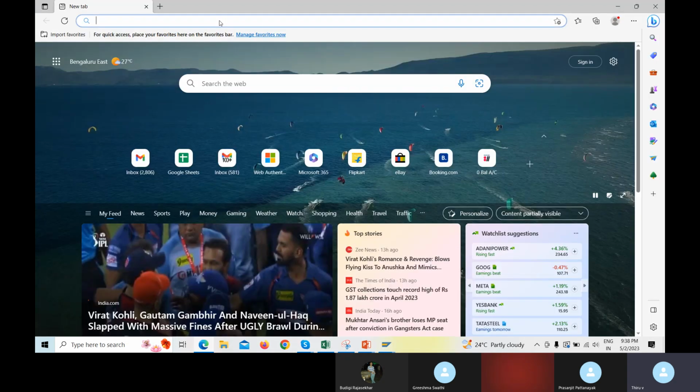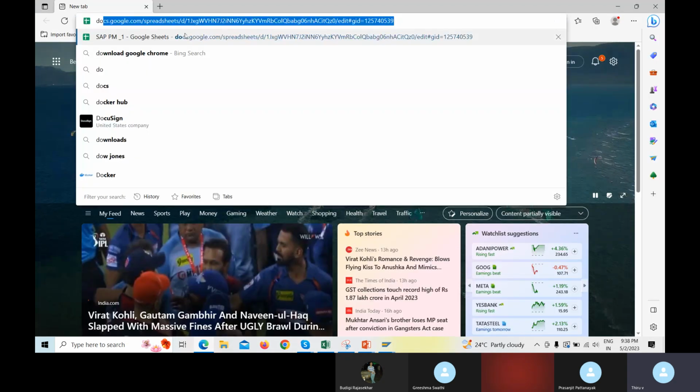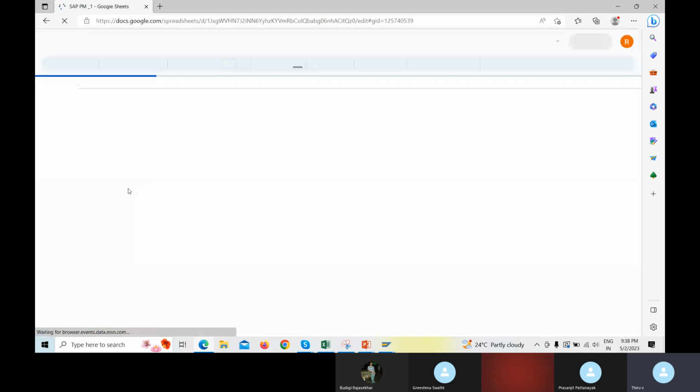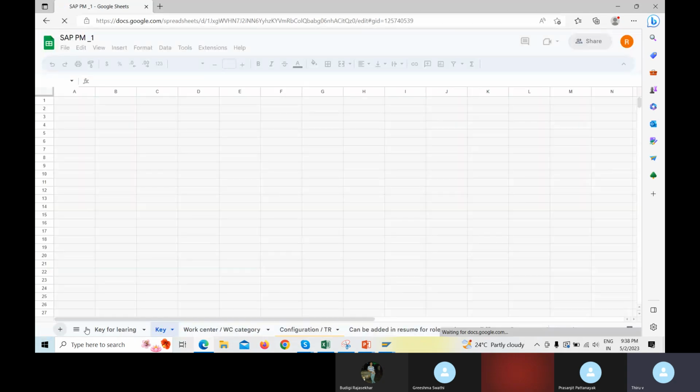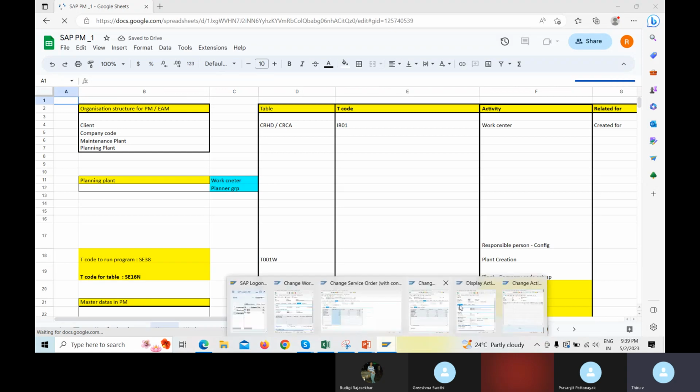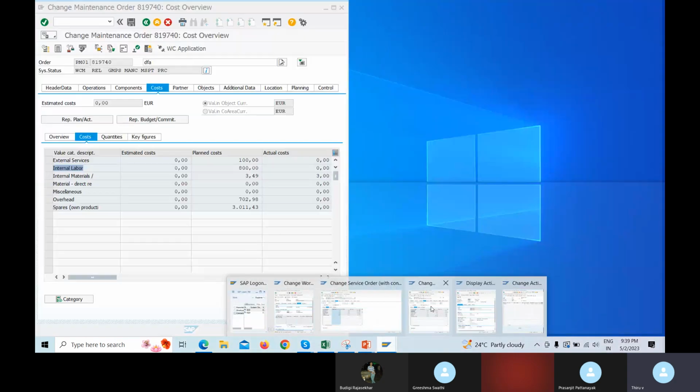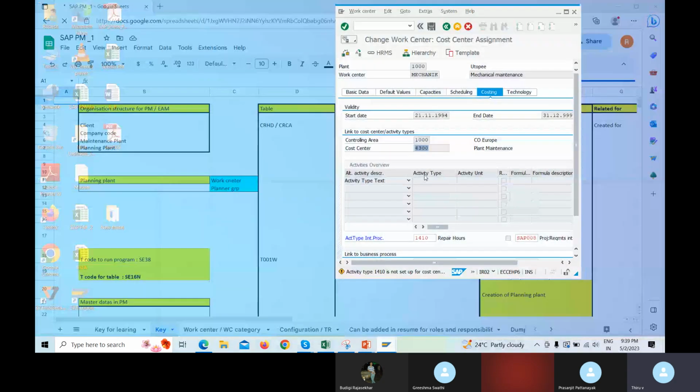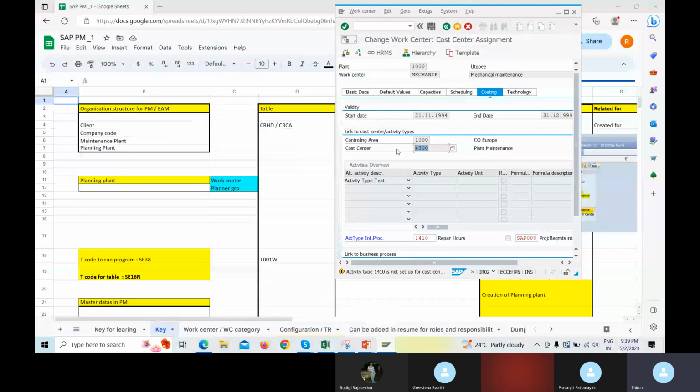All are getting me? Settlement, yes, KO we are doing, right. Both need not be the same. This work center cost center is only for calculation. That's all. Its work is completed. The KP26, this cost center work is completed. This is not related to settlement. Okay, sir. T code KOW, settlement, I am telling.